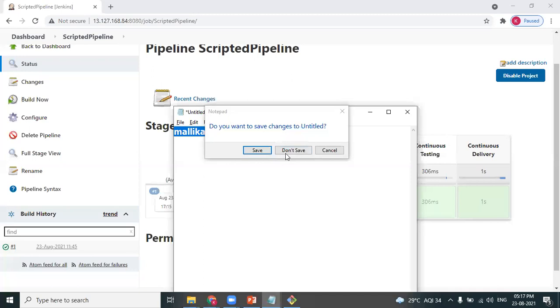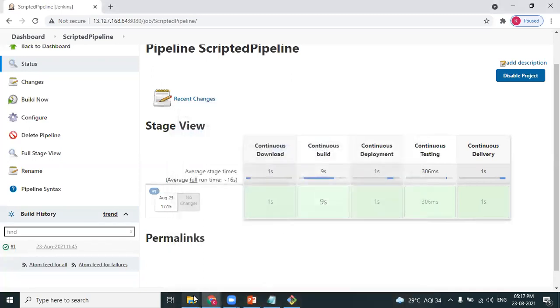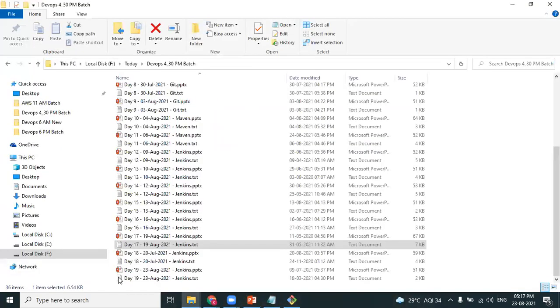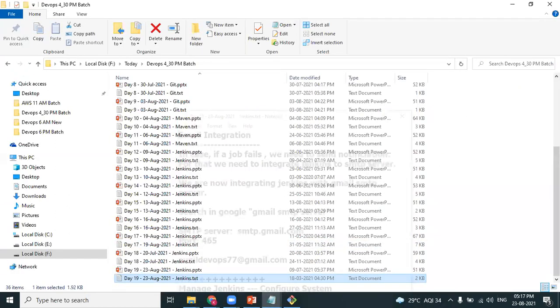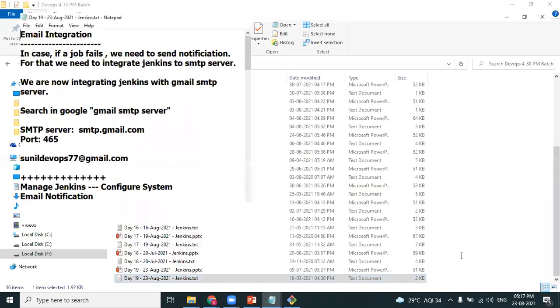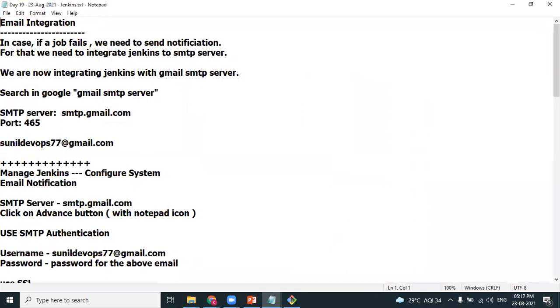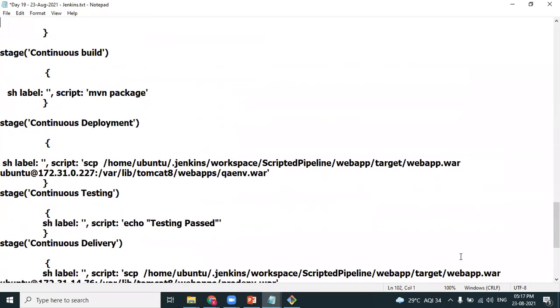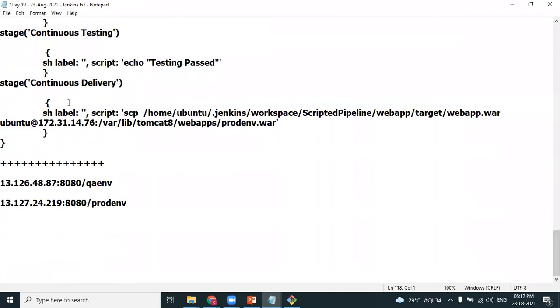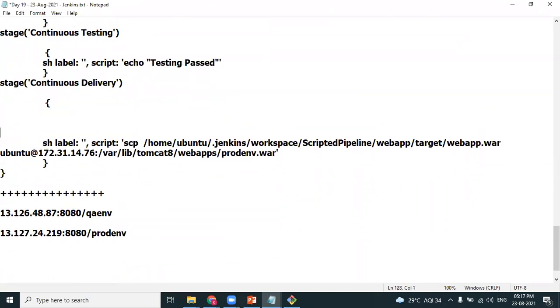One minute. So this is the code. Do you think where we should change the code? The code should complete all the 4 stages. The 4 stages should not be changed. So before getting into stage 5, that means before actually getting delivery, before the shell command, here you have to write something so that your job should wait.